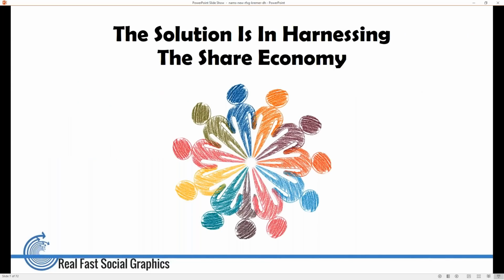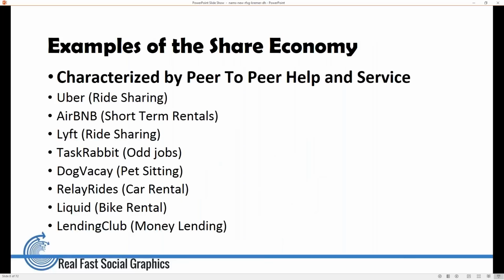So here's the thing. The solution is in harnessing what I call the share economy. The share economy. That's really what this presentation is all about. And I wanted to give you some examples of what I mean when I say the share economy. First off, let's talk about how it's characterized. It's characterized by peer-to-peer help and service. And here are some examples of companies that are participating in the share economy,